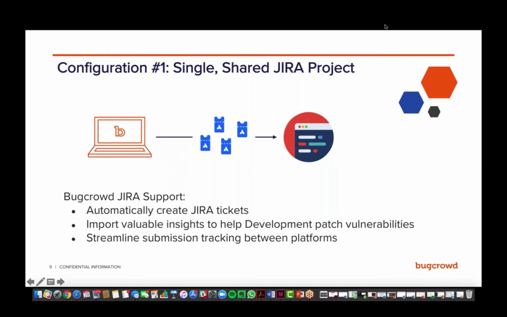And once your security teams accept those vulnerabilities and decide that it needs to be fixed by development, they'll move it in Crowdcontrol from a triage to an unresolved state. At that point in time, our Jira integration supports automated ticketing, which creates a ticket in that single shared Jira project. And at that point in time, your development team can then get the right information that enables them to